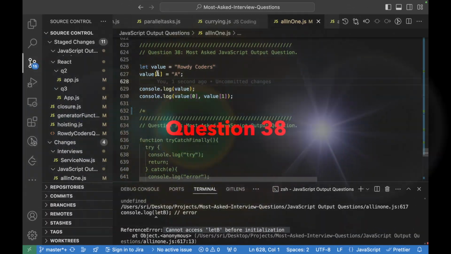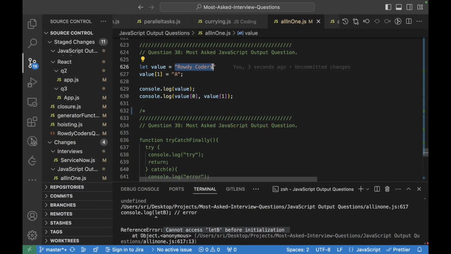So here value is assigned with this Rowdy coders, and we're trying to change the index 1 for this value, which means index 1 will be this, but then here strings are immutable. So even though we are trying to change the value at this particular one character index, it won't get changed because these are immutable, so it won't do anything. And then while trying to output, it will give Rowdy coders itself,